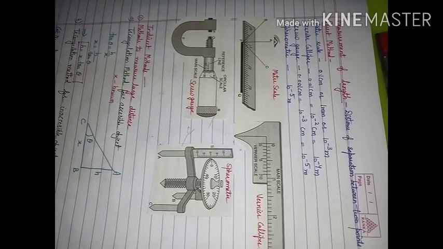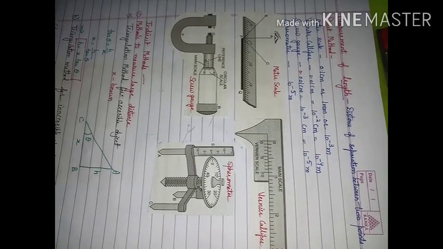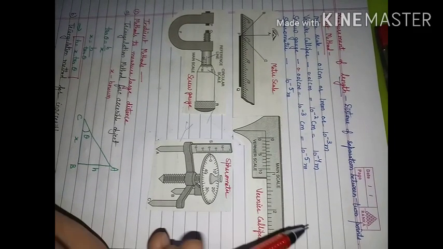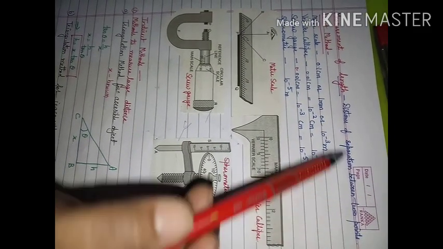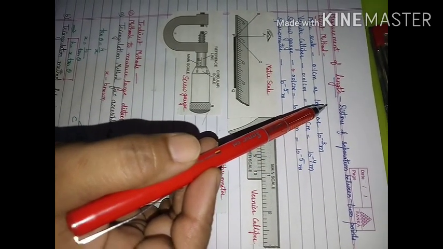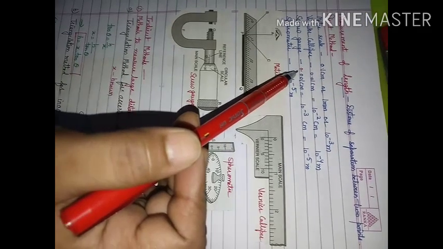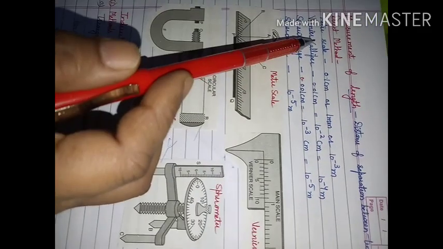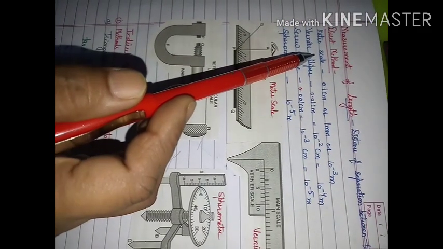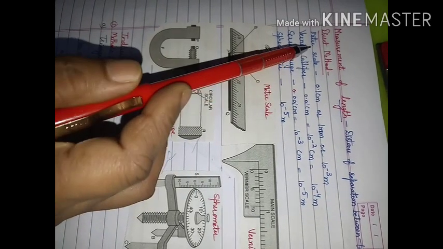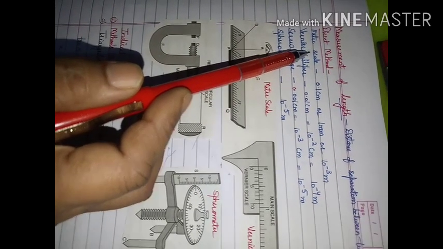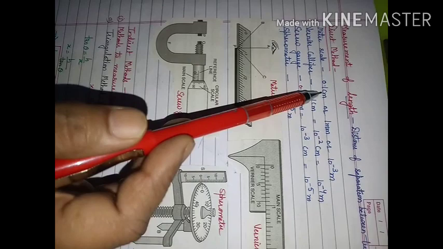In today's video, we will consider measurement of length. What is length? Distance of separation between two points is known as length. For measurement of length, a few methods are direct methods. For example, you are making use of a meter scale. Then you are familiar with this meter scale and its least count is 0.1 centimeter.